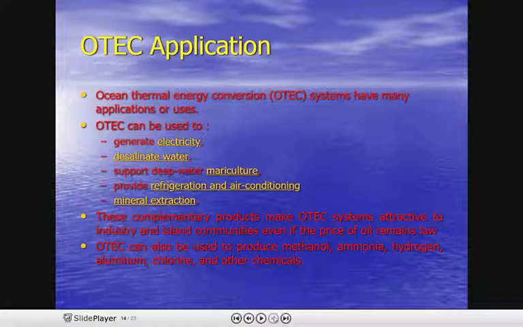OTEC can also be used to produce methanol, ammonia, hydrogen, aluminum, chlorine and other chemicals. तो इसका एक और एप्लीकेशन है जिससे हम मेथनॉल को भी प्रोड्यूस कर सकते हैं अमोनिया को भी हाइड्रोजन को भी एल्यूमिनियम क्लोरीन एंड अदर केमिकल्स।